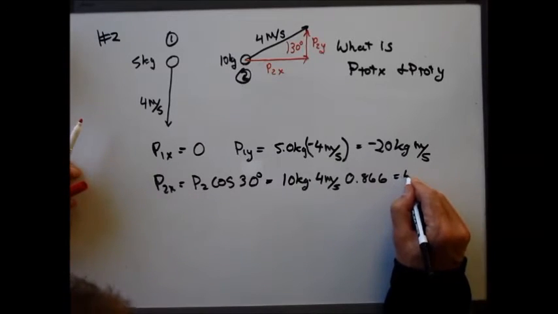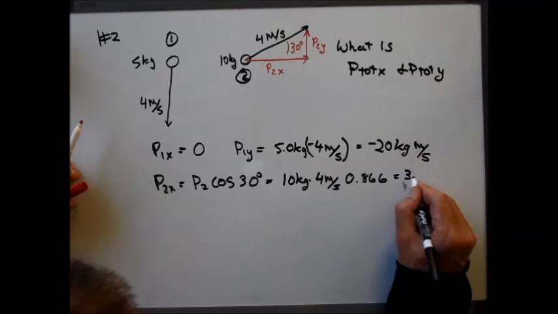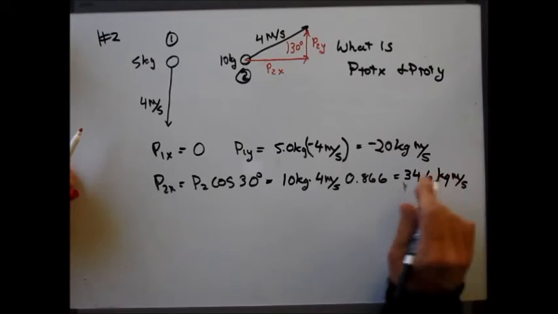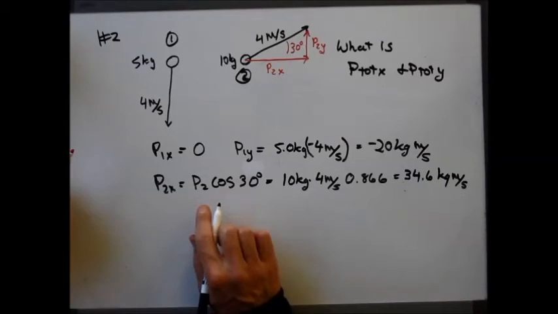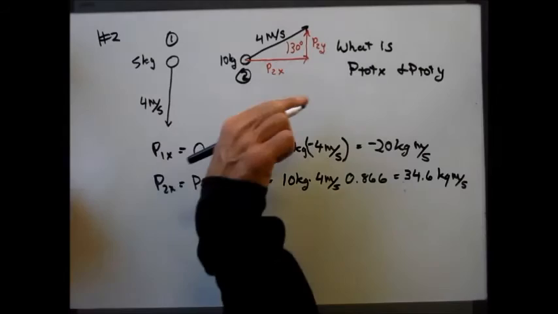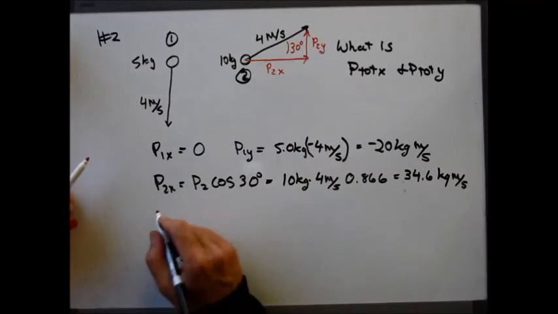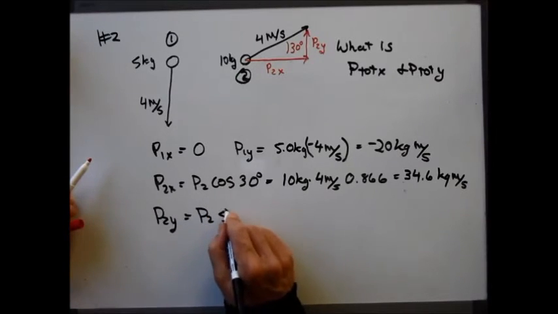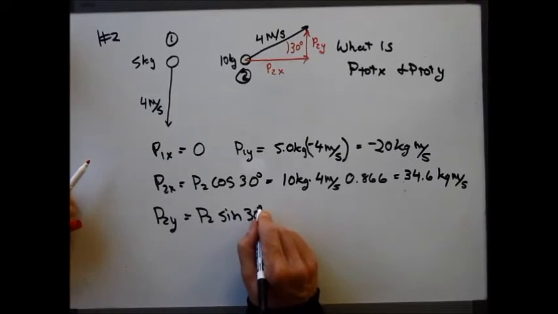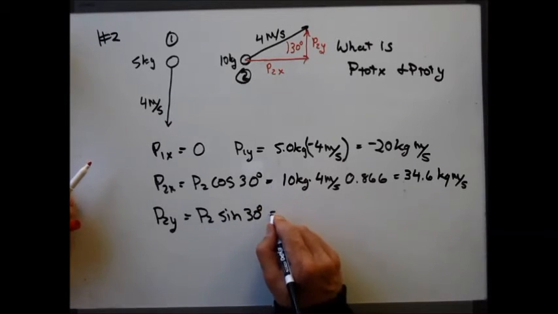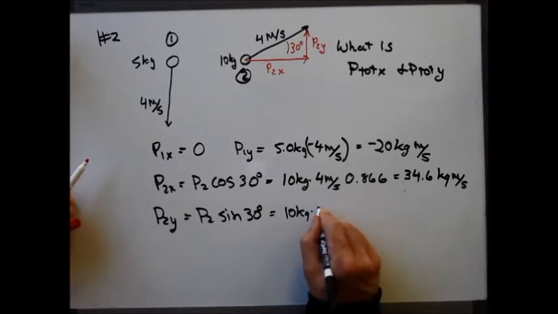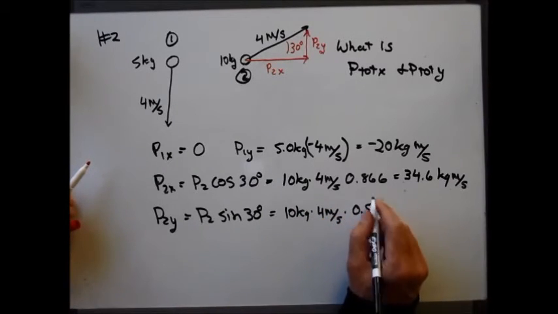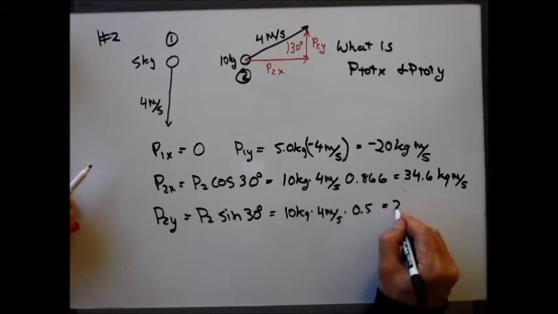And so this is about 34.6 kilogram meters per second, right? In the momentum in the X direction, and then P2Y is equal to P2 sine of 30 degrees, which is 10 kilograms times 4 meters per second times 0.5, because the sine of 30 degrees is 0.5. This is 20